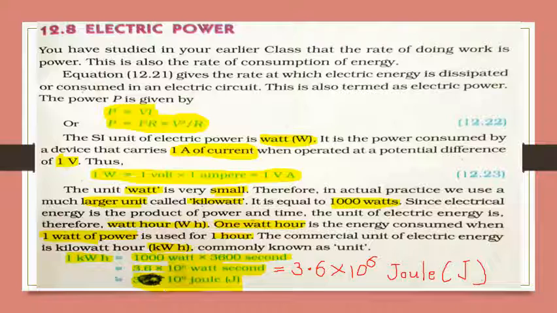That is in generalized form. If we are using the electricity at our home, we count how many units we have consumed. So that kWh is known as the unit. So 1 kWh equals 1000 watt into 3600 second, that is 3.6 into 10 raised to 6 watt second, that is 3.6 into 10 raised to 6 joule, which is the unit.